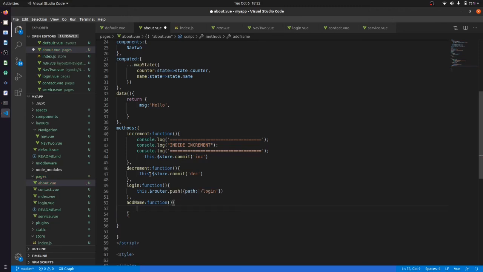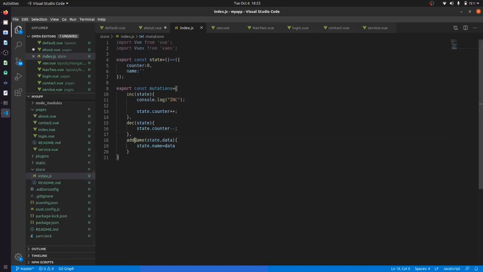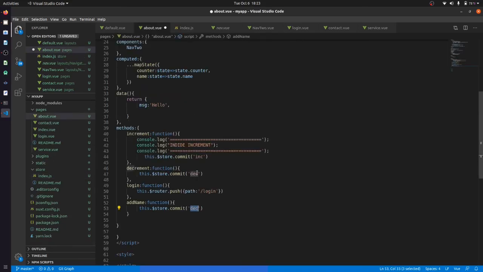Now we have a name here. In order to get that name from this page, we have a message here. In a similar way, the point we are pushing, committing this data from here to here, we have to check what is the function name. It's the addName. We just copy this name and give that here, and after that we want to pass that message here.